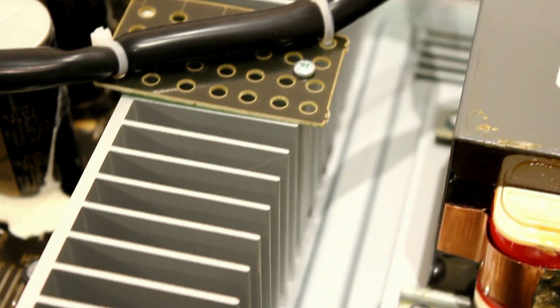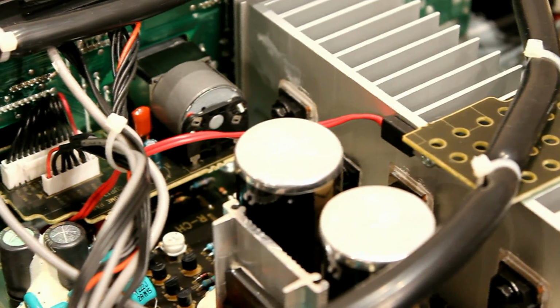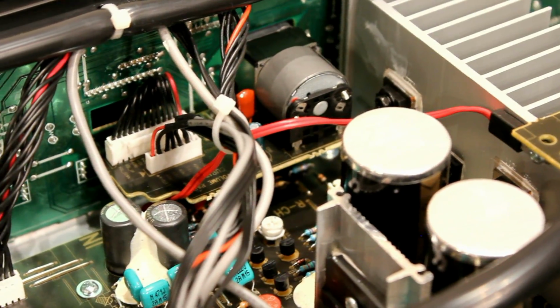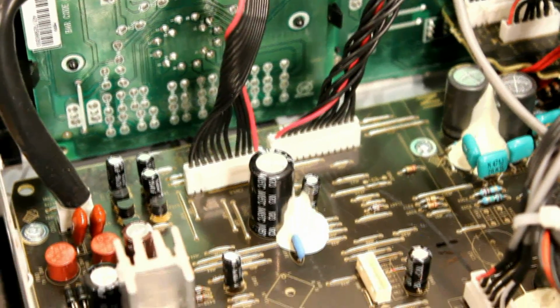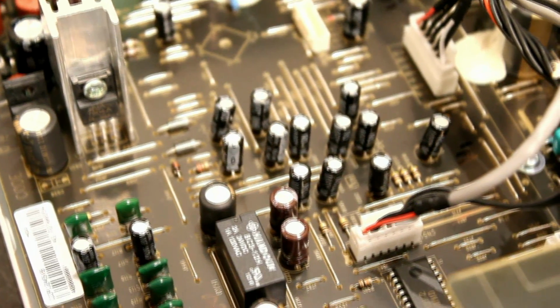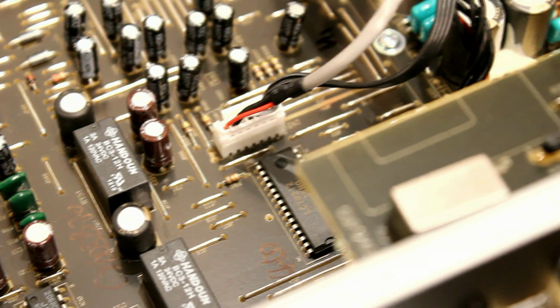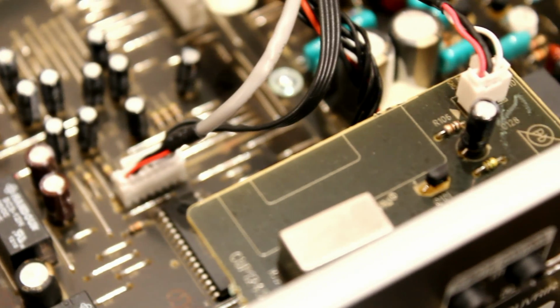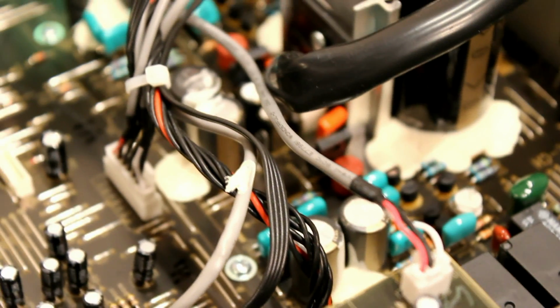You can see there the big heat sink in the middle, which helps vent off any heat generated, which the little amplification modules bolted to it do generate a lot of heat. Also you can see there the motor on the back of the volume control, and these are all the different circuit boards inside it, and quite large capacitors as well for what is a fairly budget to mid-range amplifier. Relays there do the input switching, and a little microprocessor there controls them and does the infrared remote control